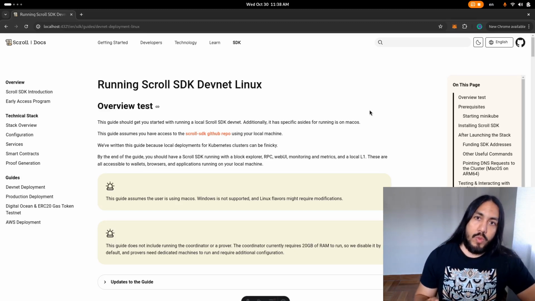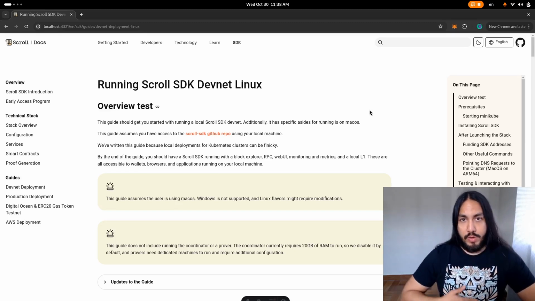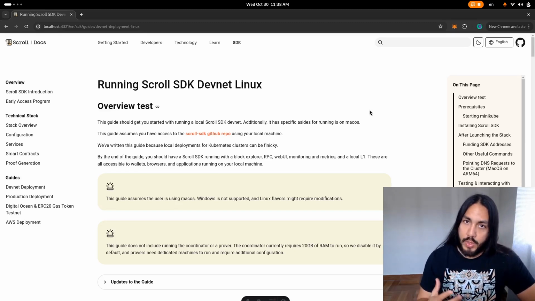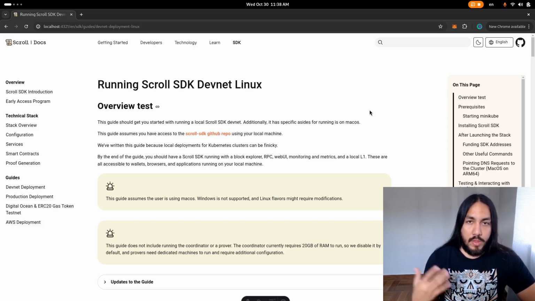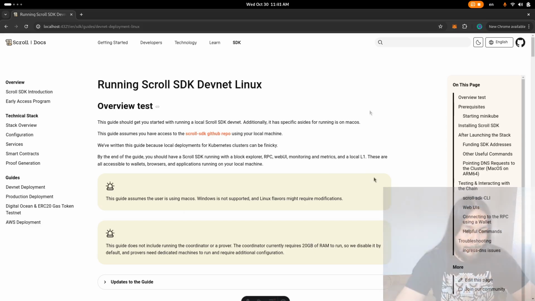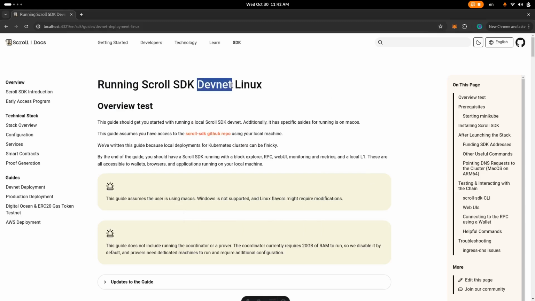In this guide, we're going to launch the Scroll SDK. We're also going to learn how customization is possible. And we're also going to deploy a smart contract and see what comes out of the box on the SDK. So let's get started. We're going to deploy now the Scroll SDK DevNet, which means it's a local version of